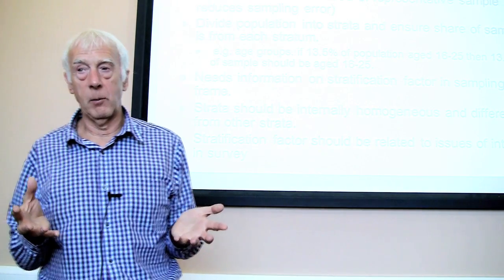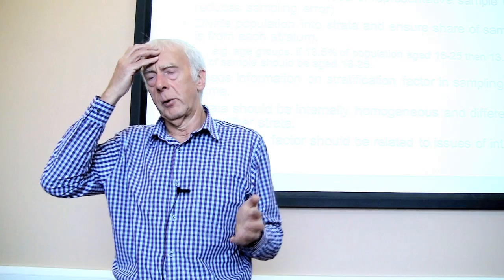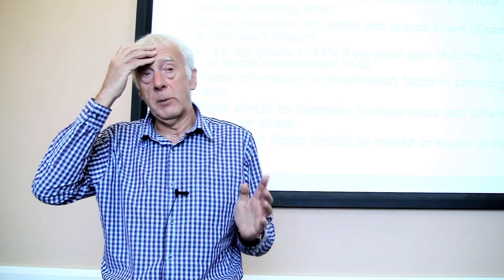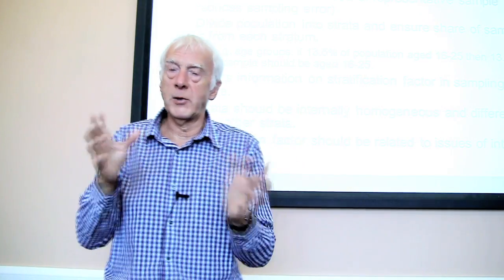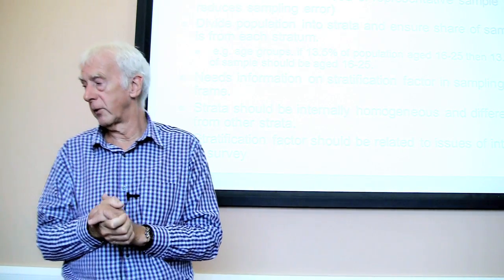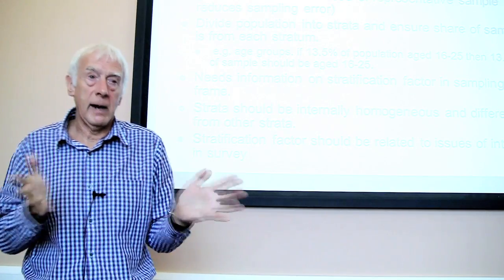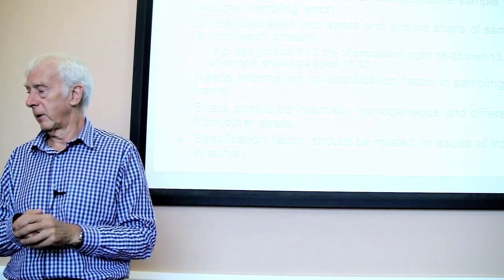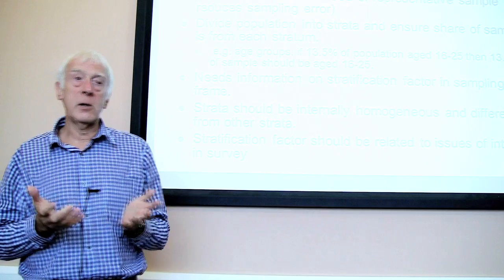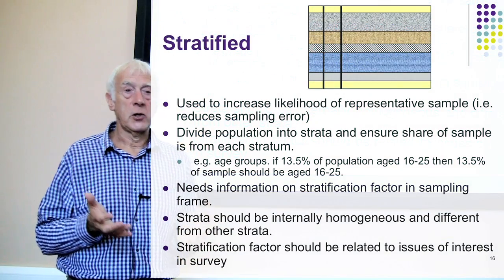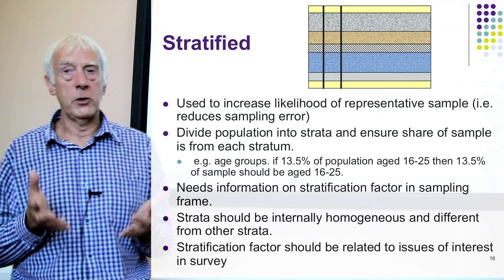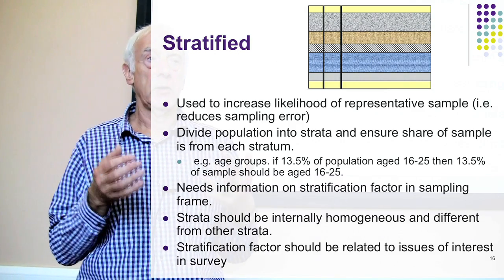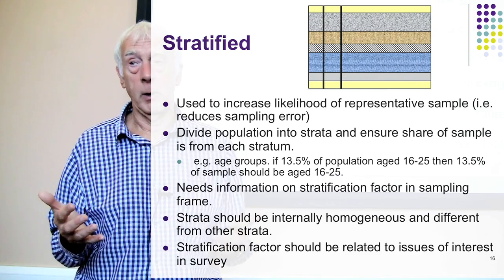you can end up with samples that are quite disparate and sometimes actually not typical. I mean, being random numbers, there's always a possibility of it being untypical to a certain degree. The more untypical is less likely, but nevertheless there is still a probability there. So what we can do is use stratification to try to reduce that sampling error, to reduce the chance that the sample we get is a bit odd in some way.